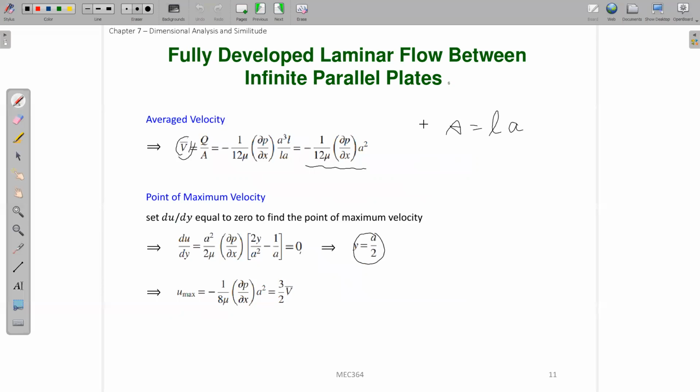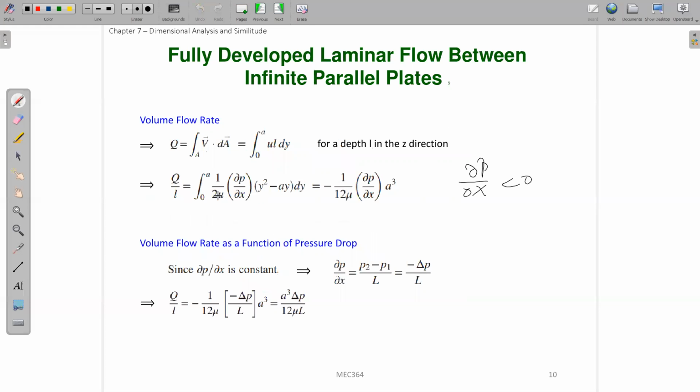Okay, and after you find that, you can compare this u max with your v average. You'll find that actually your maximum velocity will be 1.5 times your average velocity, right? Because if you compare this one and this one, this is 1 over 8, this is 1 over 12, you see that this is 3 over 2 times this value. So in other words,